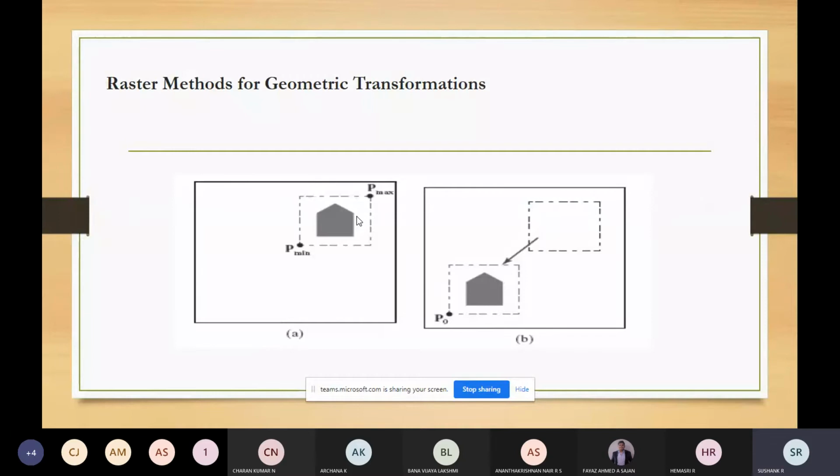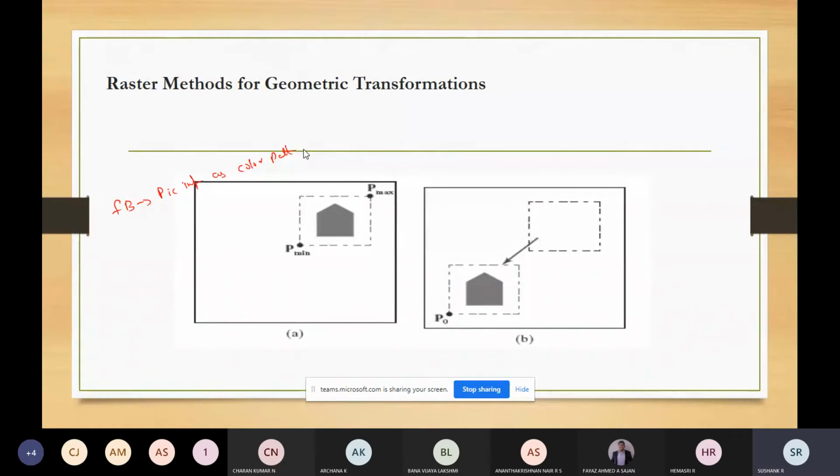The first thing is, a raster system will store the picture information as a color pattern in the frame buffer. What is the advantage of this method?